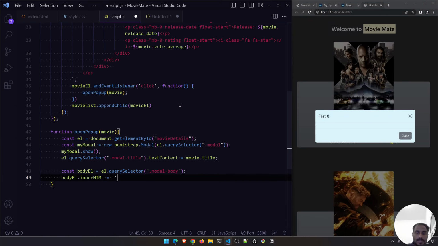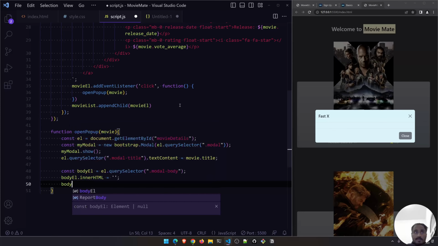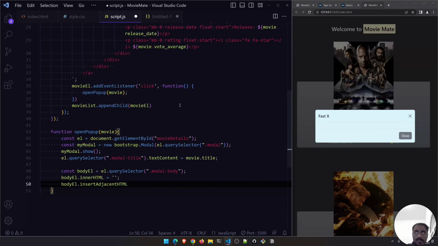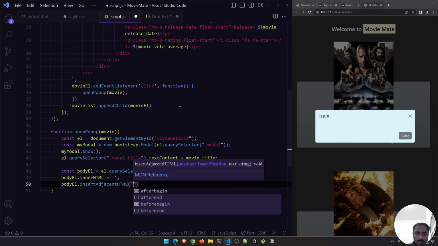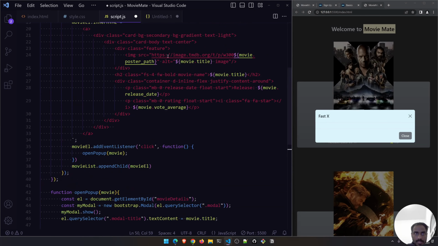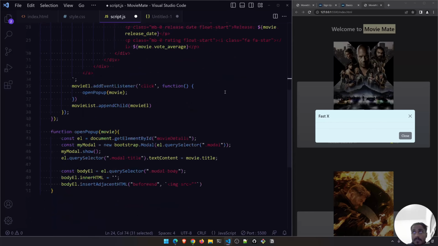We will initialize it to empty, and then we will insert adjacent HTML. Before ending the element, we have to show the image. Image src equal to the same path, and then here instead of 300, yeah, we can go with 300 itself,